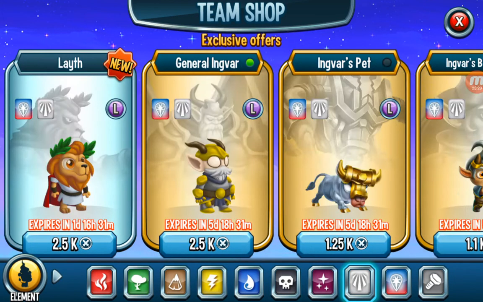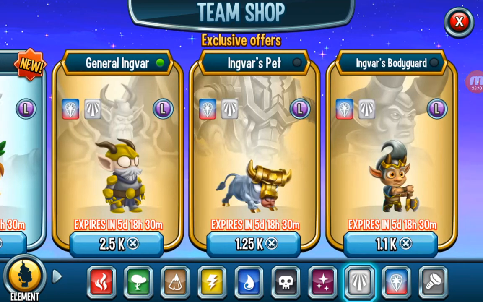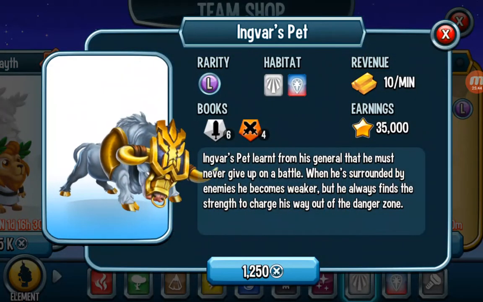Shannara's pet, I will actually say Shannara's pet, because she can possess and can stun. Both work great, but possession is a bit better because they will probably use their own stunner to attack their own team. So if you ask me, Shannara's pet. But now we have Ingvar's pet, which is basically a